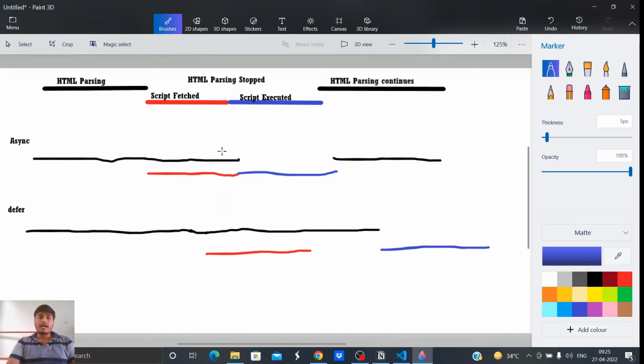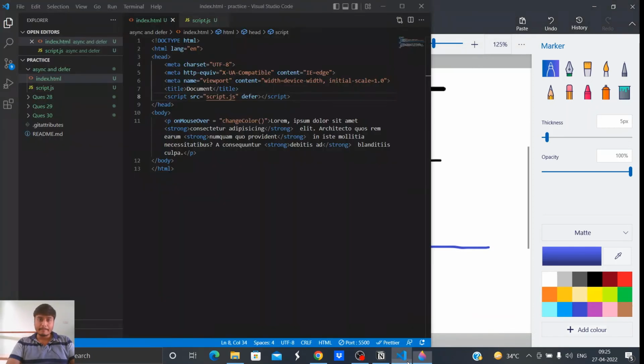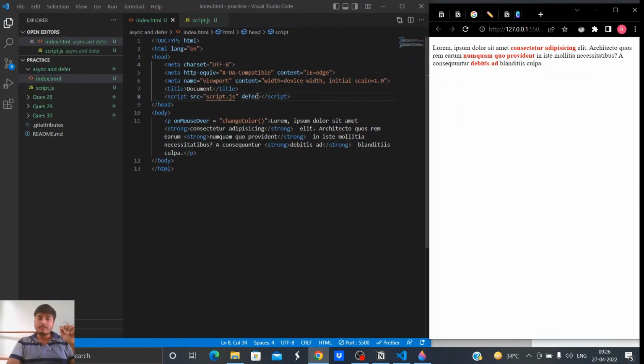what if our HTML is so small, there are so few lines in our HTML that it is wholly parsed before the script is even fetched? Then we don't even need to go here. So this might happen. Okay, this code might be working for async also, because we have very few lines of code,